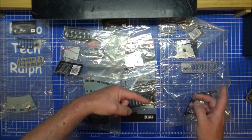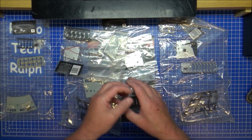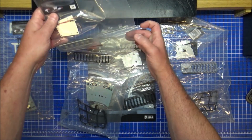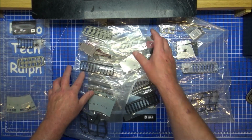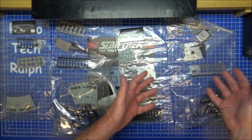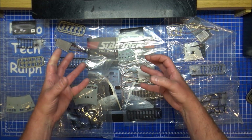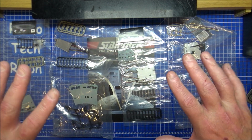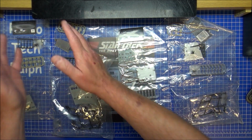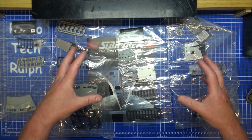Everything's going to go into those tubs, and I'm going to fast forward doing the construction of this, because like I said, they're just 4 panels that are going to go on the saucer. We might as well put them all in one go instead of drawing this out into 4 parts, which would have been nice on some levels, but on other levels we want to show this and get this built. So let me spend the next hour cutting out pieces, putting screws in the right pots, and getting this ready